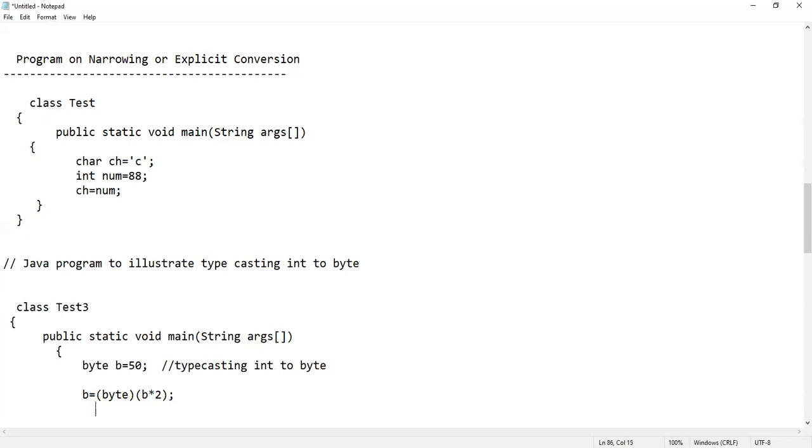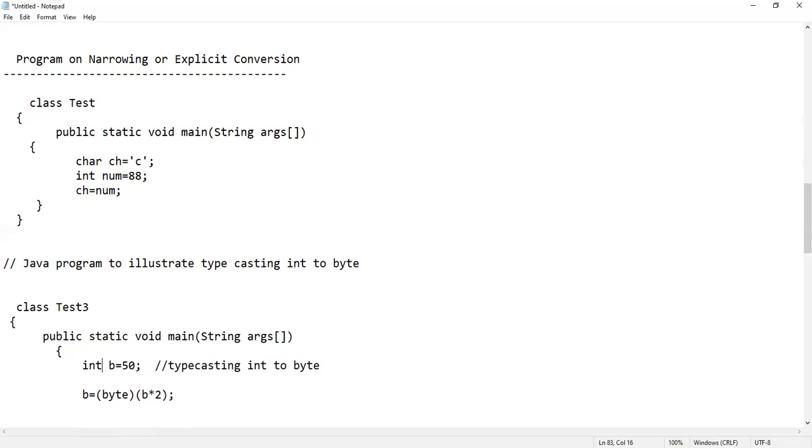Okay, so we have converted that one into byte, typecasting integer. So here we are taking integer first, int b is equal to 50, then b is equal to byte of b into 2.